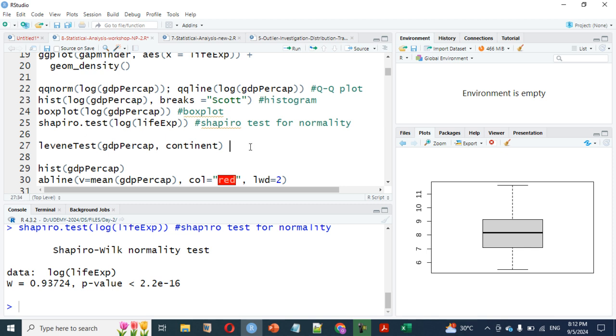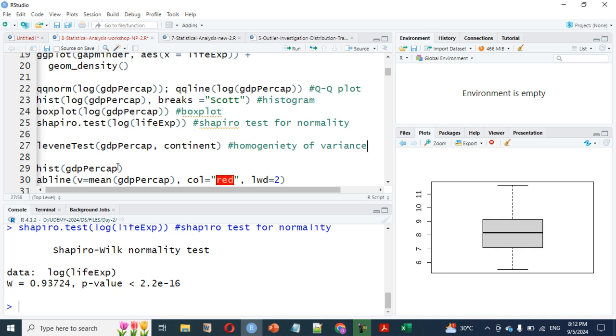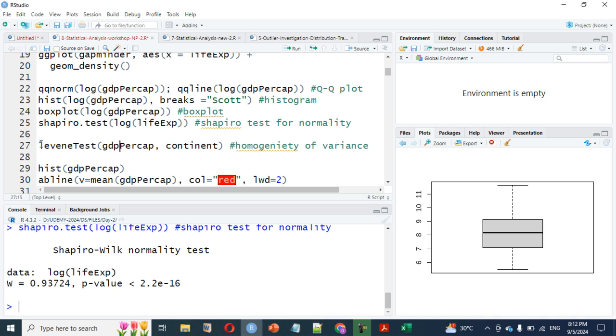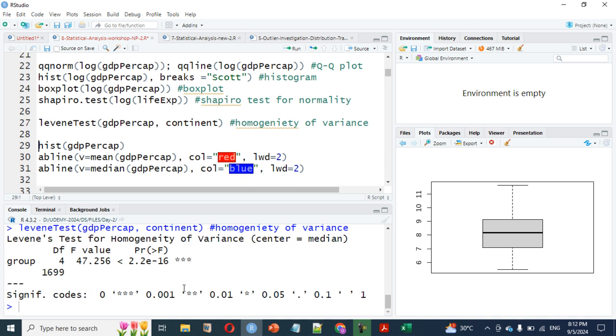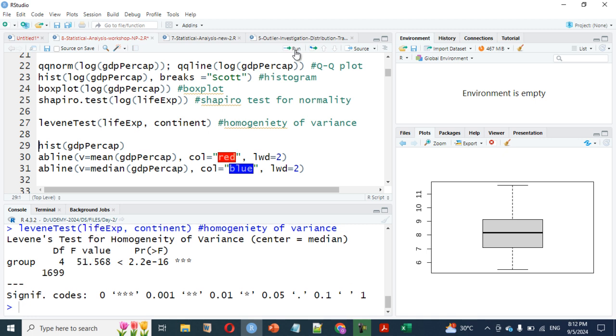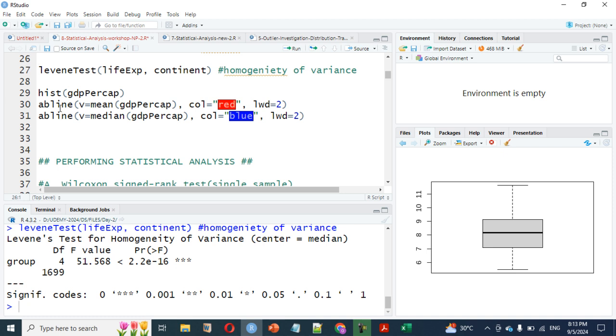Let's also test with Levene's test, for homogeneity of variance. Let us check by supplying the continent as our group. Run this line first. Highly significant as well, which means it's not homogeneous. Let's also look at life expectancy. Significant as well. So overall, it shows that this particular data set